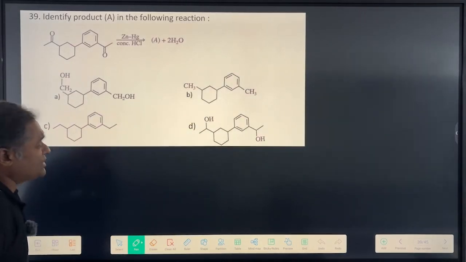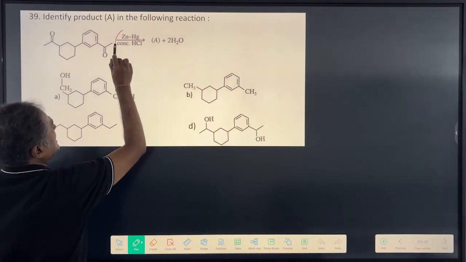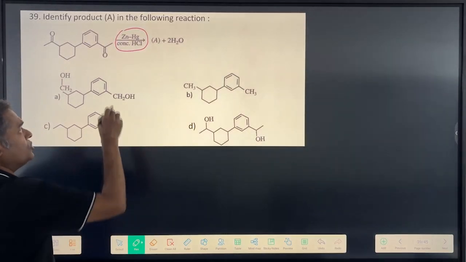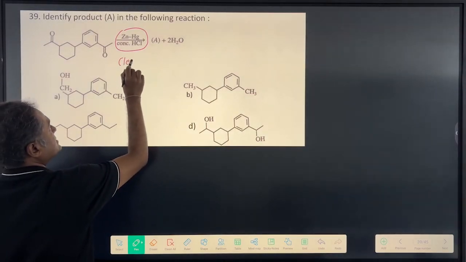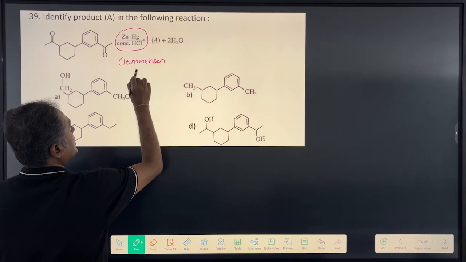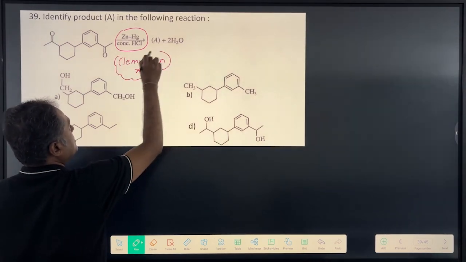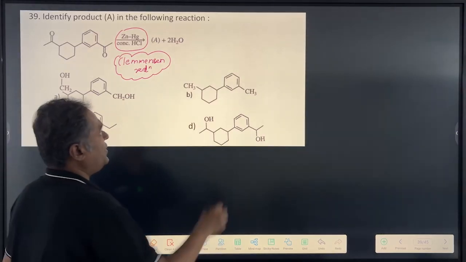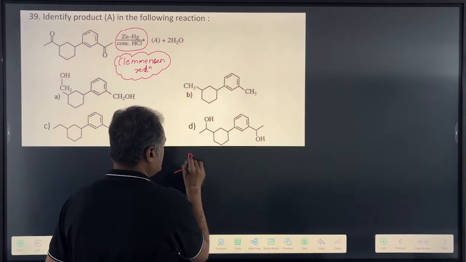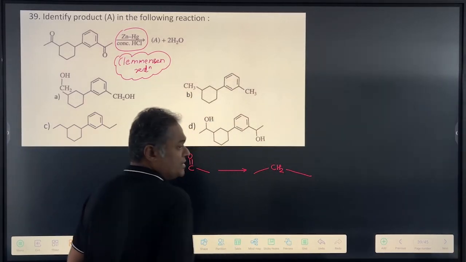Now here, child, what is given to you? I have got one compound given to you, and you can see zinc amalgam plus concentrated HCl. We know this reaction is known as Clemmensen reduction. Now when you talk about Clemmensen reduction, what all information do you have with you? Clemmensen reduction is one where your carbonyl group gets converted to methylene group. This is nothing but